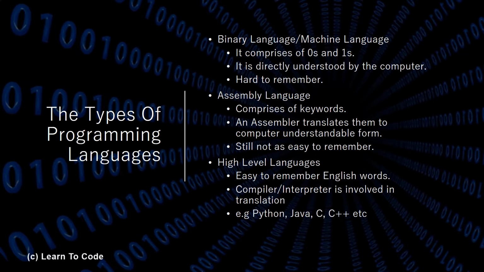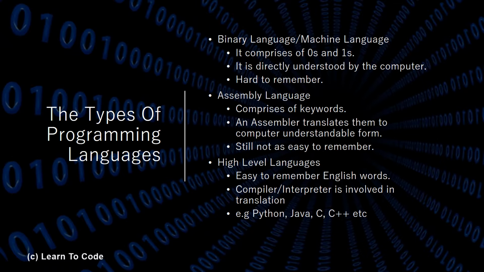Now, the question arises: how can we make programs? That is through programming. And we can do programming using a programming language. There are three types of programming languages: machine language, which consists of binary code which is directly understood by the computer, no delays and instant execution. However, it is not possible for a single person to remember all the combinations.